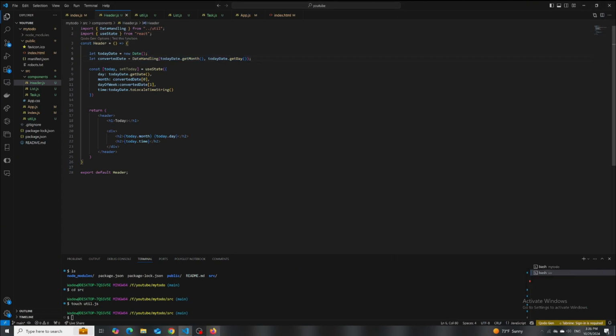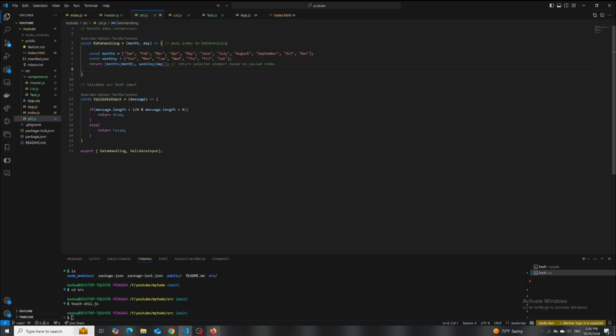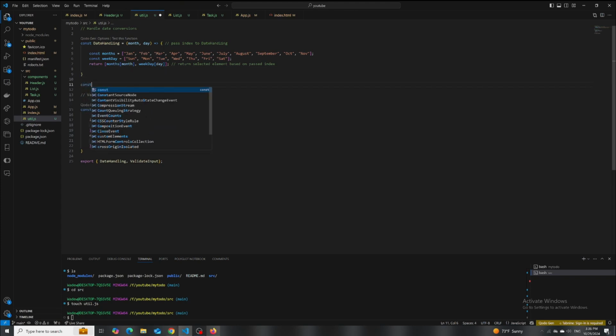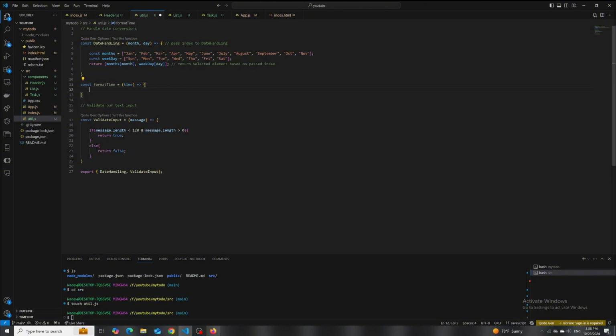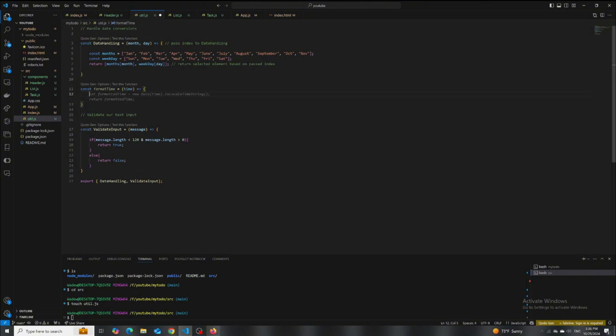Don't really need seconds. For that, I have a choice: I'll create a new file, like in utils, or just do it here. Well, let's do it right here. Okay, const formatTime equals, we're going to get a time, and inside our parentheses I'm going to define new